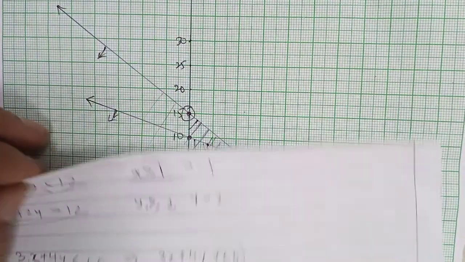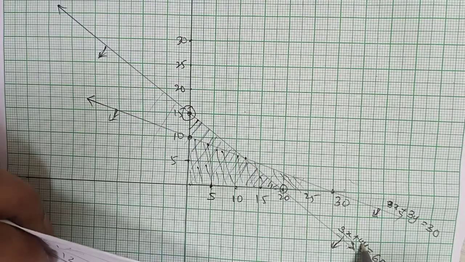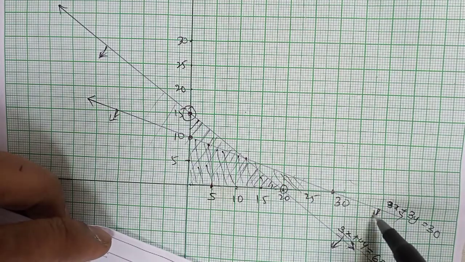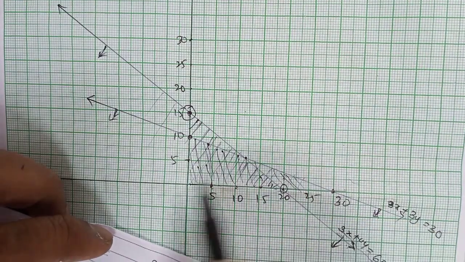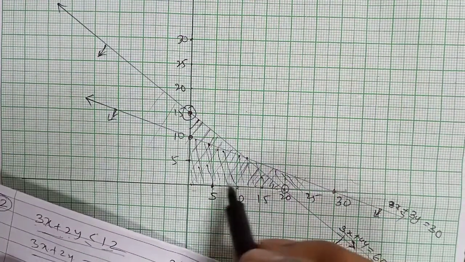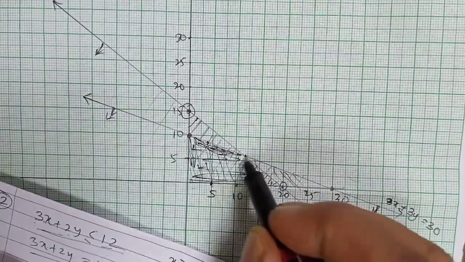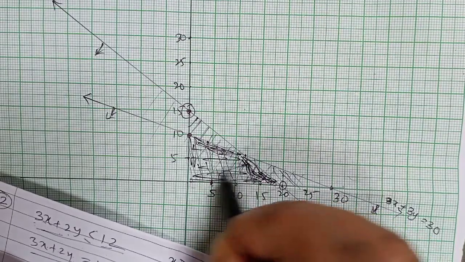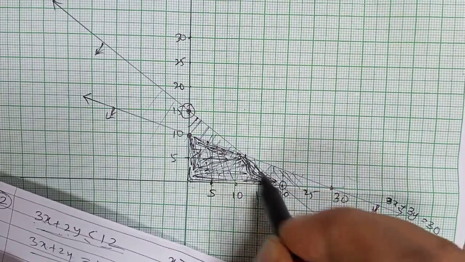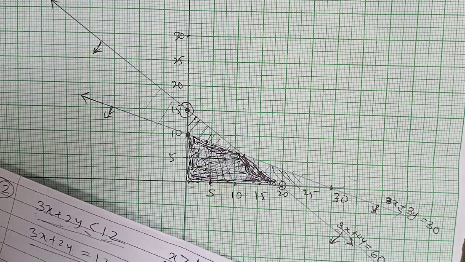Now next, x plus 3y equal to 30. So we draw the line, then x plus 3y less than or equal to 30 with this line, and again in the first quadrant it will come up to this line. Now the common portion is coming, the common region is this one. Okay, so the common region for these two is this one. You darken that common region, that is our answer. Okay, so this is very simple, all can do.